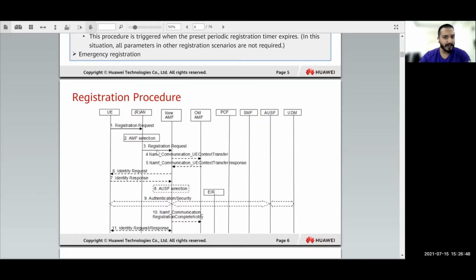So once, for example, if you are sending a registration request to a new AMF which does not have your initial context value, then it will request the old AMF to transfer the information. So this information usually contains the SUPI information or the integrity parameters or the UE capabilities, which is mapped with a context ID. And the new AMF or any AMF which the user will be